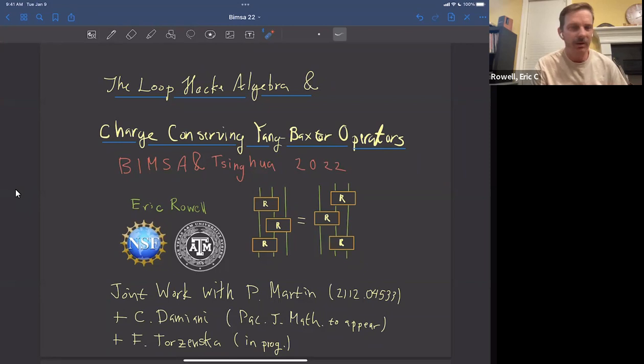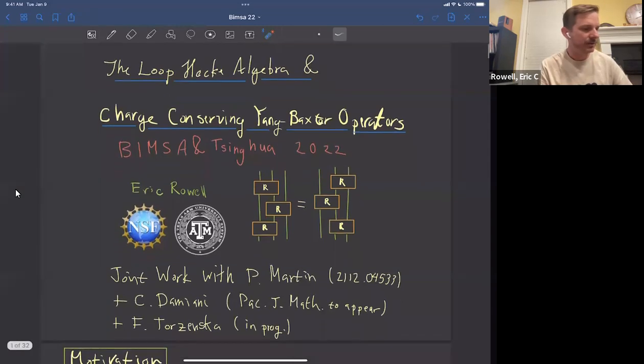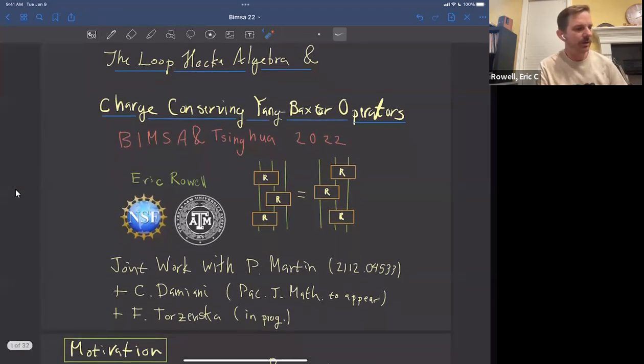Okay, so what I'll talk about is this. It's really parts of 3 papers. I'll talk about this loop Hecke algebra and these charge conserving Yang-Baxter operators. I'm trying to be very honest here about how we came to the problem of thinking about what we'll call charge conserving Yang-Baxter operators. It kind of came because we were looking at this loop Hecke algebra. So this will be joint work with Paul Martin, all of it, of Leeds University in